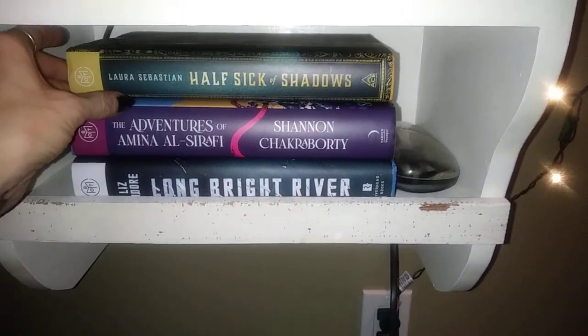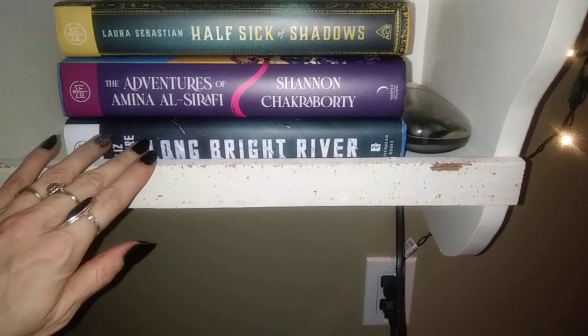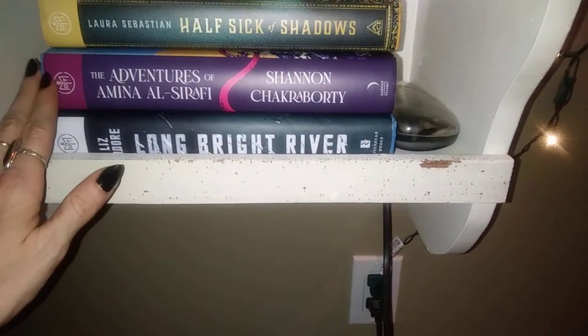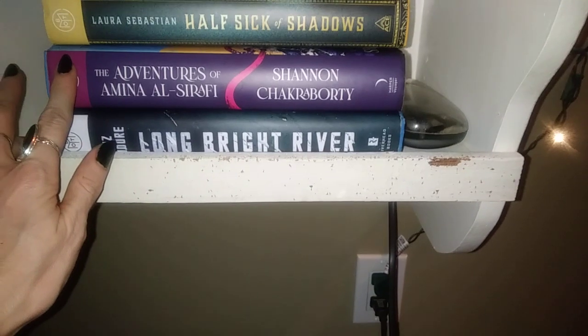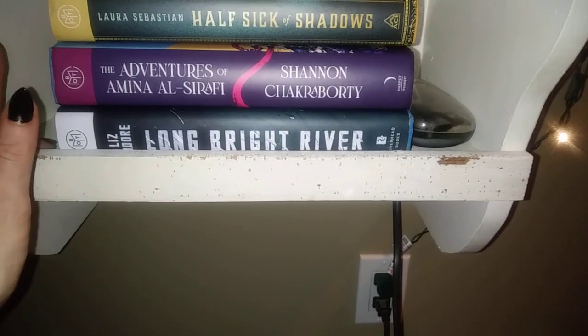The next two I have read. I've read The Adventures of Amina Al-Sirafi and Long Bright River. I love a seafaring adventure, so I did enjoy this. I wish it had more sea in it though, and more sea creatures. So we'll see what the next two books have. This is the first in a trilogy, and this just came out, so it'll probably be a